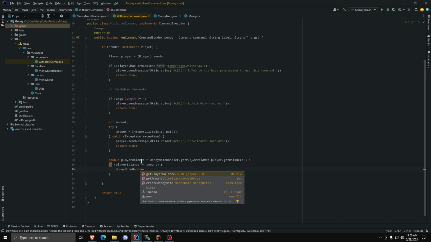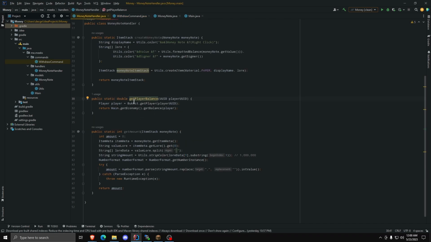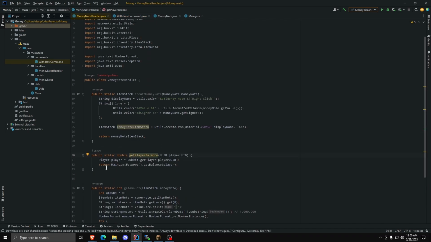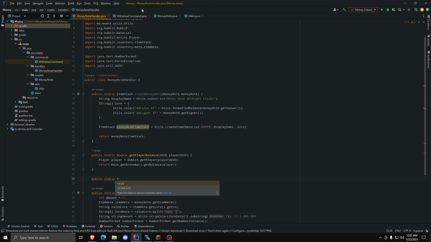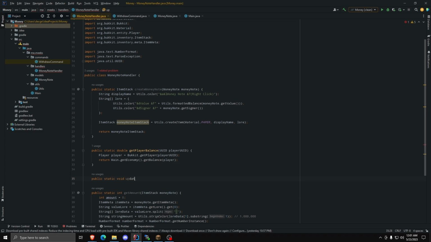Okay, so here we can see I actually left out a method that we needed. That should have been done in episode 2, but no biggie, we can just add it in here really quick, which is we need a method that's gonna update the player's balance, because you can see we don't have one here. So it's gonna be void because we're not gonna be returning anything. We could call it updatePlayerBalance, and then we can just do player,